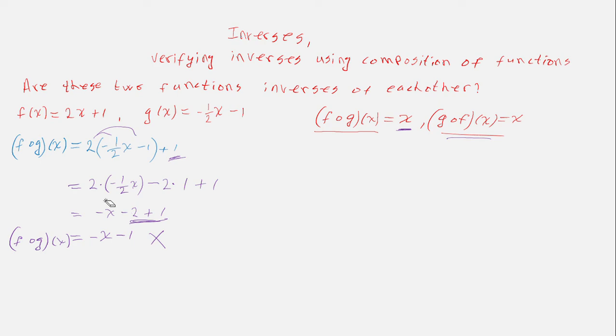So we tried f composition g, we copy the f, we grab the g of x, put it in, distribute the 2, and our calculation didn't give us x. We got something different than x. We can actually even say this: not equal to x, which means the two functions are not inverses,